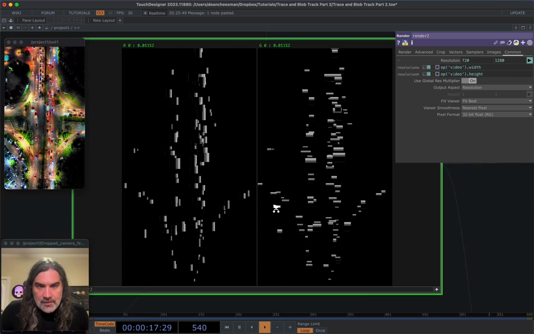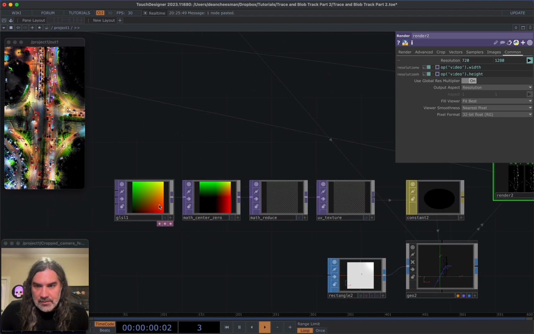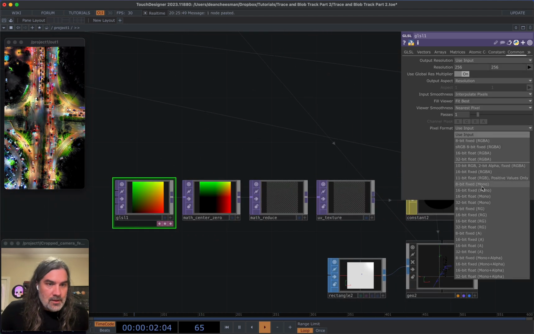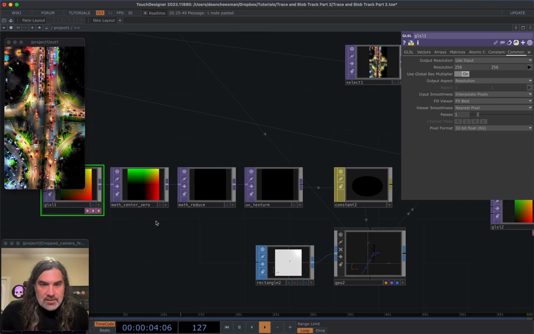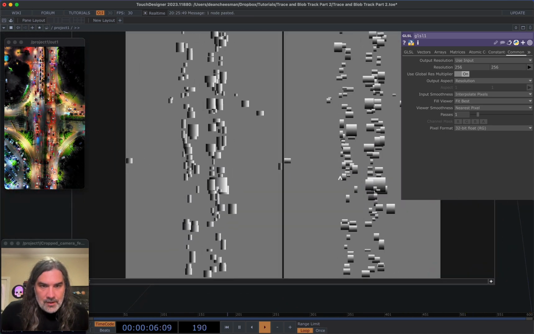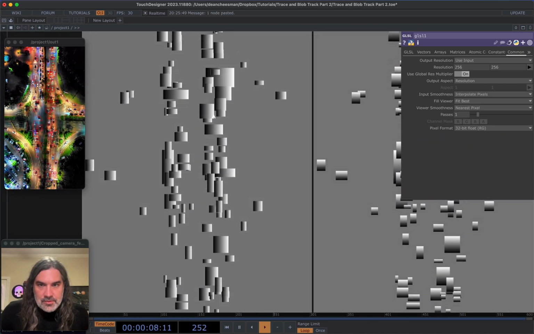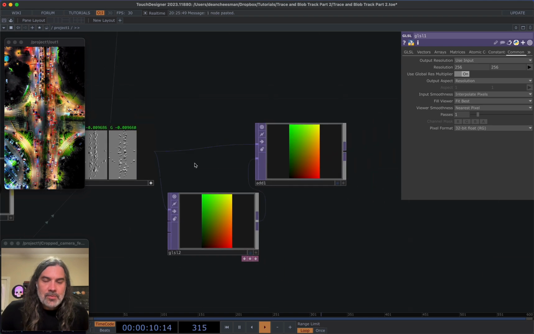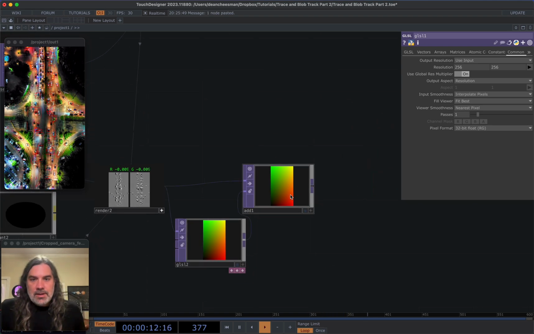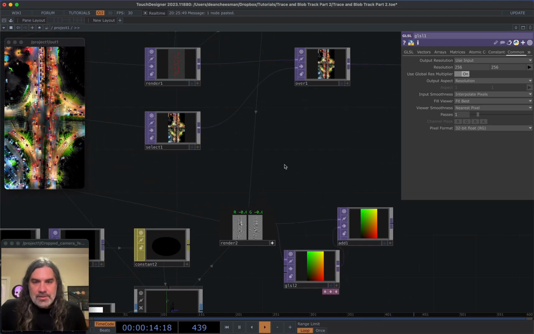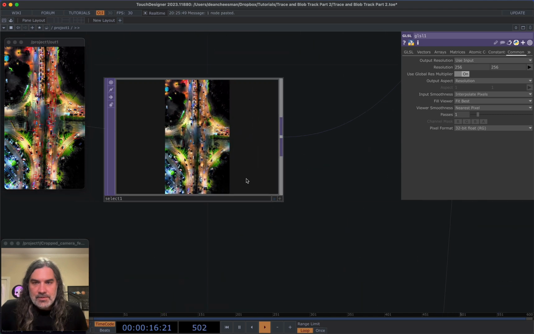And okay, that's looking good. I think I also need to do the same thing over here. Make sure the texture is 32 RG. Okay, now we're getting nice, smooth, full gradients. That's great. Okay, so now that I've got this UV map, I want to remap it from this original video